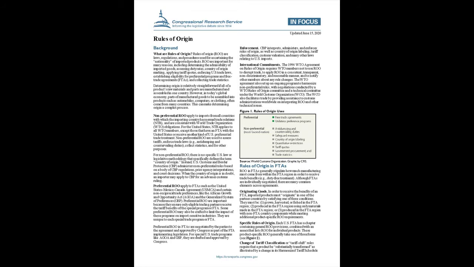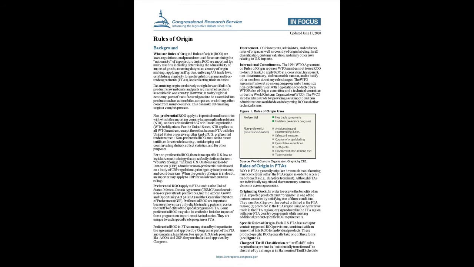Non-preferential ROU apply to imports from all countries with which the importing country has normal trade relations (NTR), and are consistent with World Trade Organization (WTO) obligations. For the United States, NTR applies to all WTO members, except those that have an FTA with the United States or receive another kind of U.S. preferential trade treatment. Non-preferential ROU are used to assess tariffs, enforce trade laws, e.g., anti-dumping and countervailing duties, collect statistics,